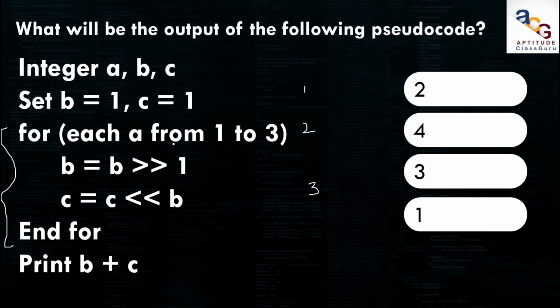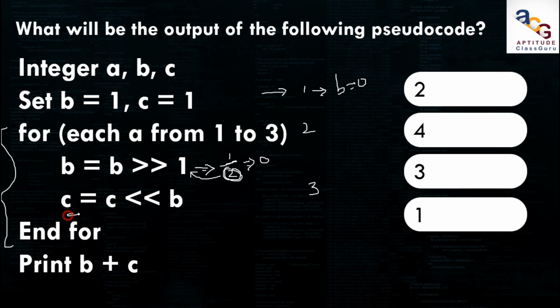Let's look at it. For the first iteration, what are the changes that occur in the loop? b equal to b right shift 1. What is meant by b right shift 1? It's a right shift operator, right? A right shift operation will decrease the value of the number. I already told you that if it is a right shift operation, you have to divide by 2. How many times? 1 time. Why? Because it is shifted 1 time. So 1 by 2: the b value is 1 and you divide by 2, which gives the integer answer 0, such that after the first iteration the b value is 0.